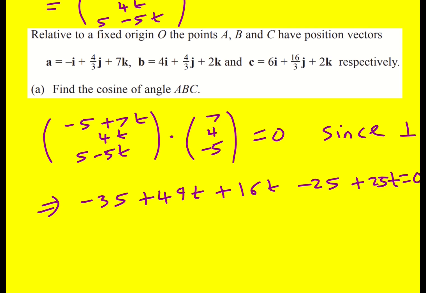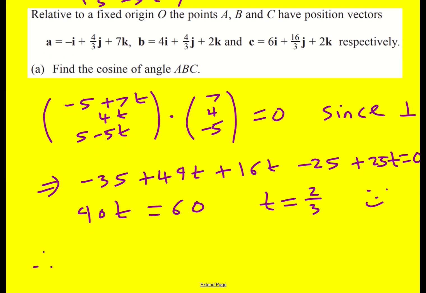So we've got this equation. I can add these up, so I'm going to get 16 plus 25 is 41, plus 49 is 90t. And then I've got minus 35 minus 25. That's going to be minus 60, which I can then add to both sides, so I get 60. So t is going to be 60 over 90, or 6 over 9, or 2 over 3. And this is good now. So therefore, BY